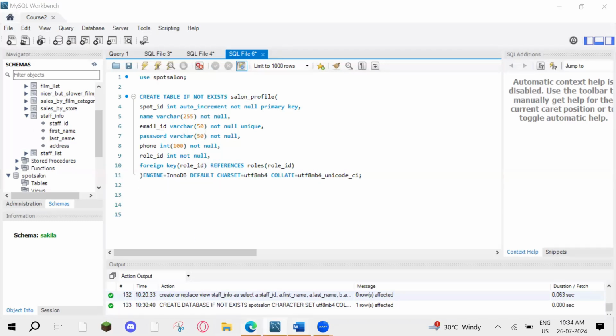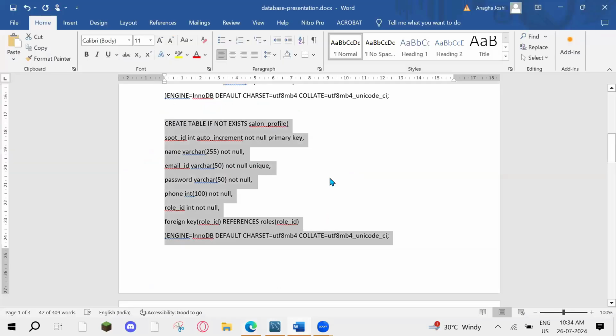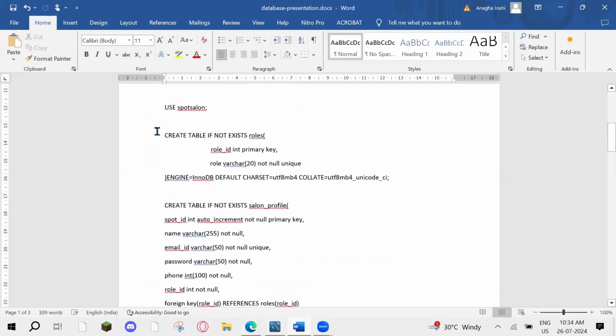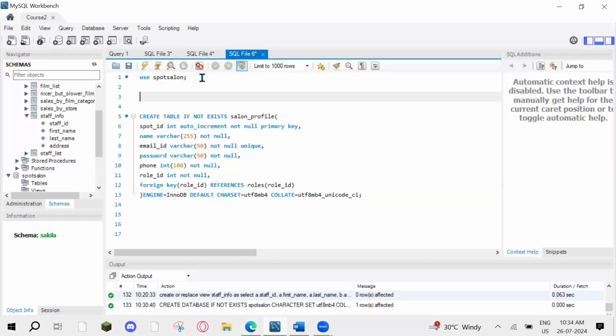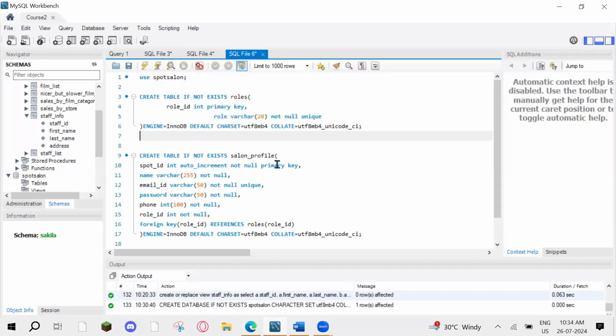I haven't copied the role table, that should be declared before salon profile, because I am using this role ID as a foreign key